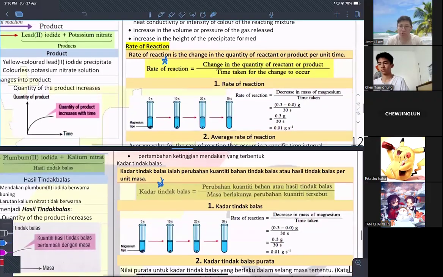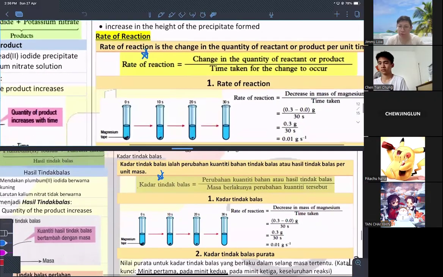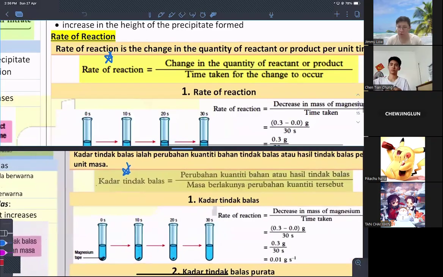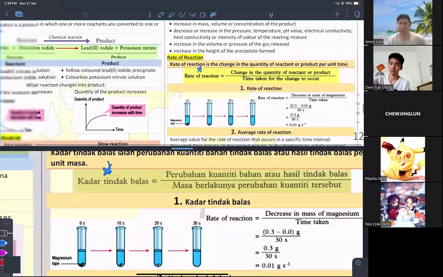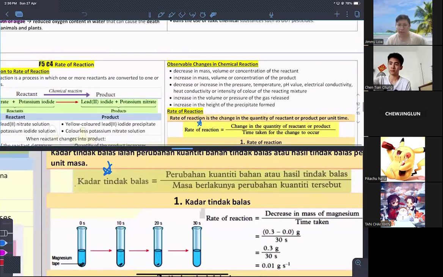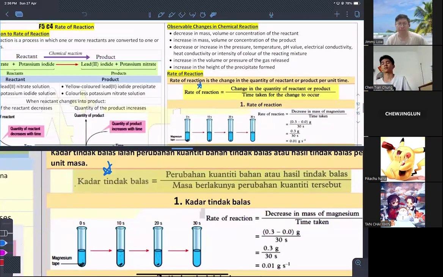this one. You just tell yourself how to calculate rate of reaction. The question might give you the formula, but this one is important, just to tell you. It might be coming out in your exam. I think most likely it will be objective, subjective less likely. Even if it is coming out, where will it come out?